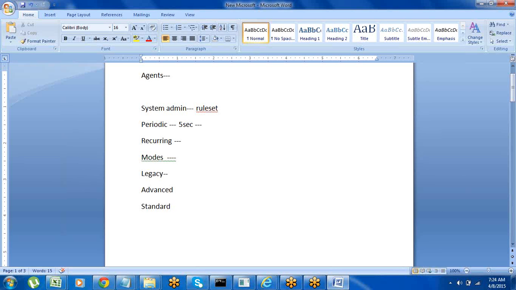Coming to advanced and standard, both are for agents which were created after 5.4 version, meaning the recently created agents.